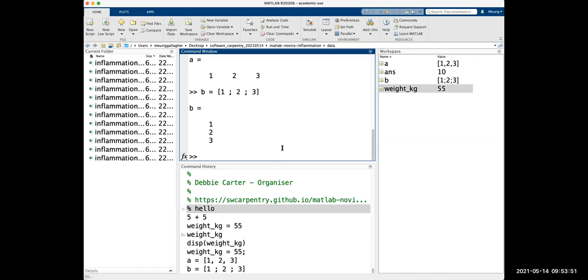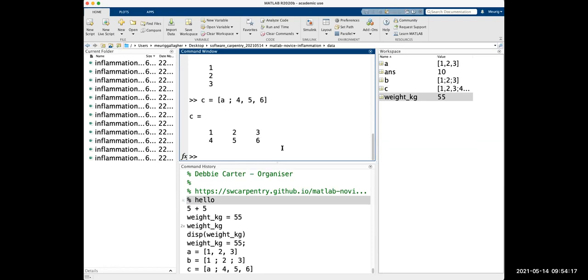And you don't have to just enter new things each time. You can build them up using other things. So say we've got our row vector A, and we want to have a second row in it that says 4, 5, 6. So say an array C, we want to start with A, so that's our first row. We use the semicolon to say we're going on to the next row, and then we can say 4, 5, 6, separated by commas, and then closing that, and that's just going to build it up in that iterative fashion. And we could do this again with C and add another row, and we can do this again and again and again.